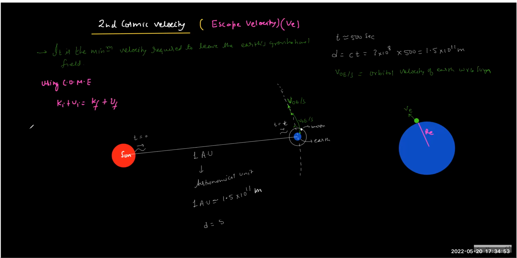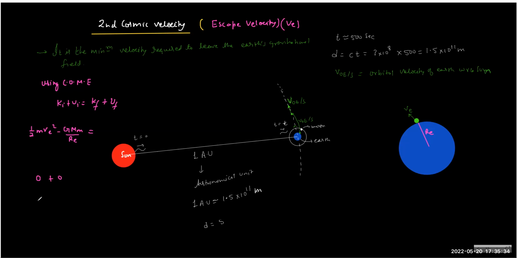Plus simple. K initial, we are writing in the Earth frame only. Half m v escape square, correct? Yes. So what is the initial potential? Minus GMm by Re. If you remember the electrostatics is kq by r, so here we have GMm by Re, minus because it's an attractive potential which is negative. But eventually you come to rest as we have discussed, so K final is going to be 0. And because you are at infinity, there is no interaction, so potential is also 0. So everything is 0. Understood?